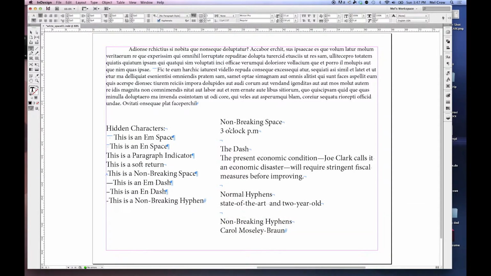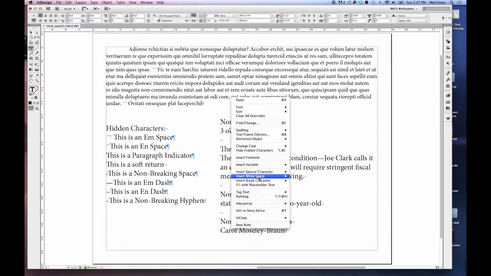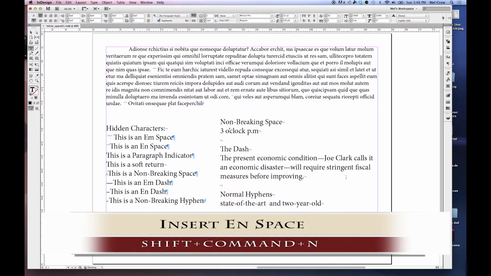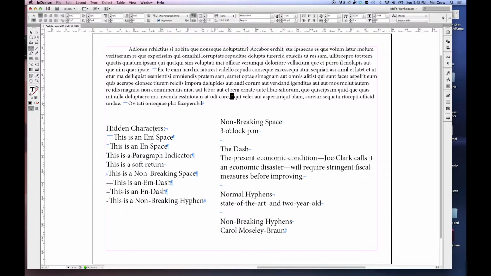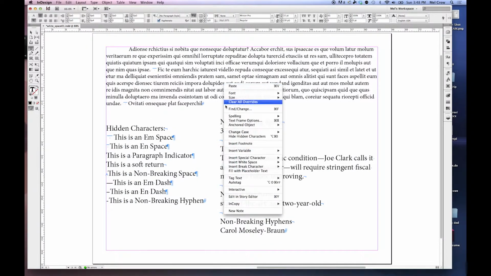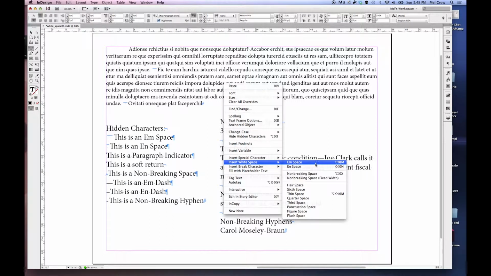Perhaps the M space is too much, and I'd like some white space that is only half the width. An N space is another blank space. For a 12-point font size, an N space will only take up the width of 6 points. It's used to create a wider gap between certain words or certain characters than the traditional space you get from the space bar. The keyboard shortcut is Shift-Command-N. Then I have the punctuation space, which is as wide as a comma or a colon, or as wide as a figure character in your font. This is helpful for aligning numbers in tables.